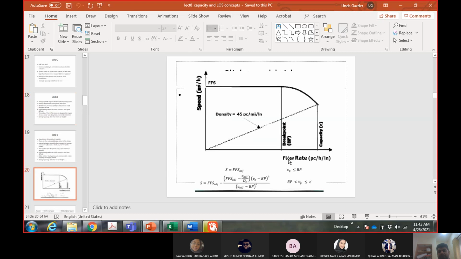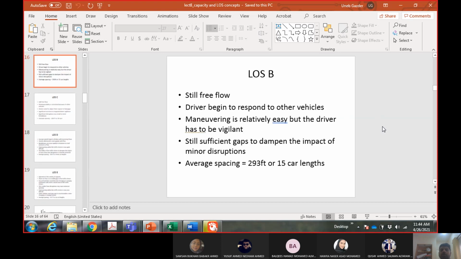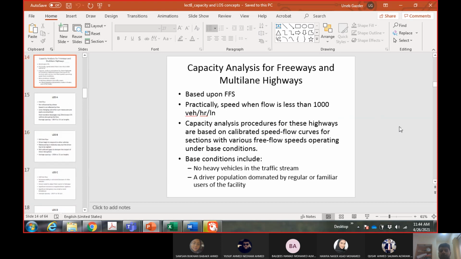Okay, so speed on the y-axis, flow rate on the x-axis. So I've already shown you the full curve in chapter 3. But since we are doing capacity analysis, we are only interested in the values up to capacity. After capacity, what is happening, we are not interested. So you can see only half the curve here. The other half will go like this, right? Like a mirror image. It will go back to 0. Okay, but we are not using that. Okay, so you need this curve as well.